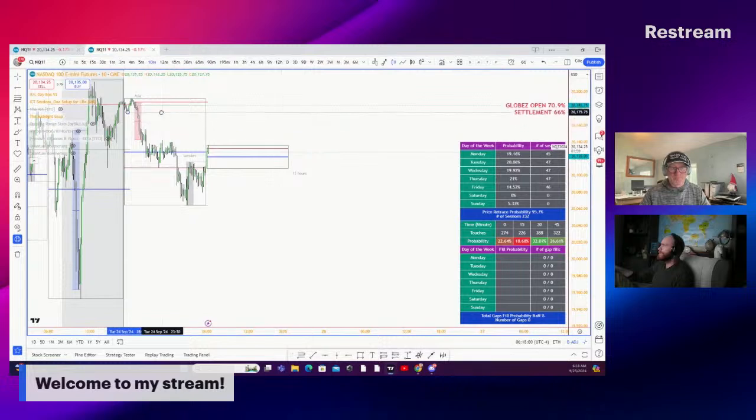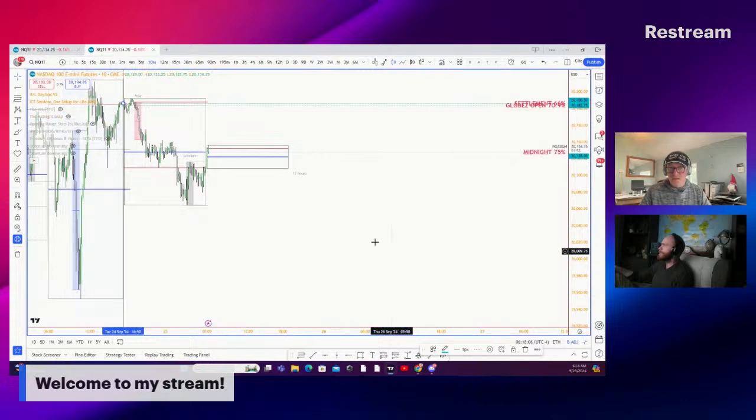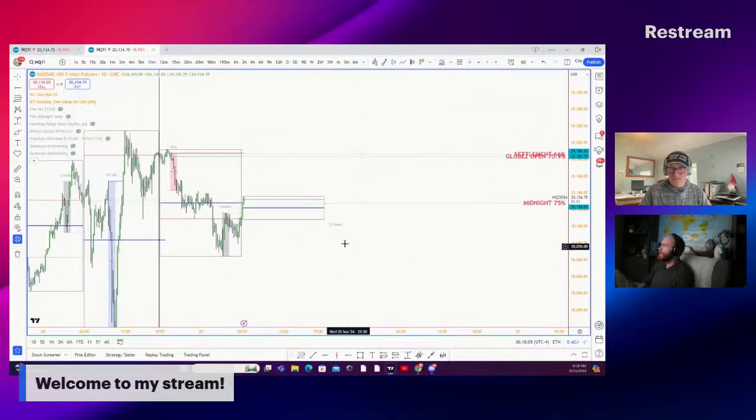Yeah, Globex and settlement are near the same area. That's always a great clue when you see that, especially when you're far away. All right, so now we've gone into the first 2 steps, generating market clues. The market clue was its mid holding of previous day. And then we put our time-based probabilities on here, which is settlement and Globex Open and